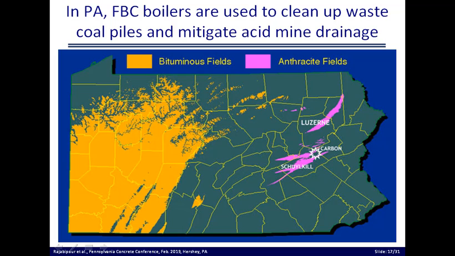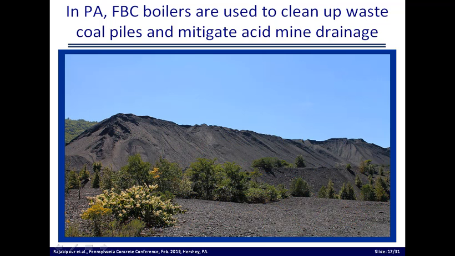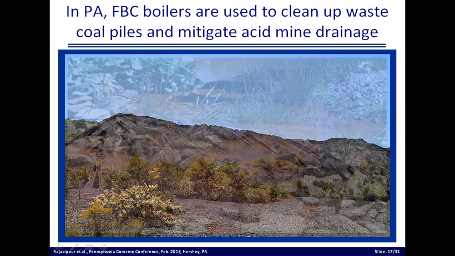And the problem, if you just keep clicking as you see the different pictures on the same slide, one of the problems that these GOB piles have is that they produce acid mine drainage. So essentially they have an iron sulfide mineral that, in exposure to rain, produces sulfuric acid, which is very bad for the environment. So if we go to slide number 18,